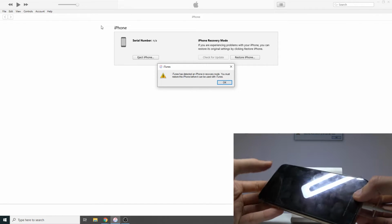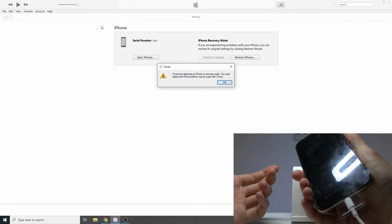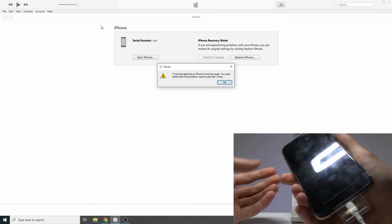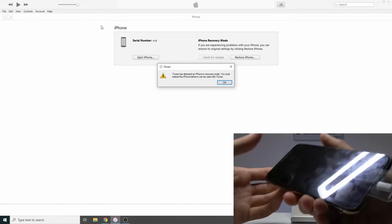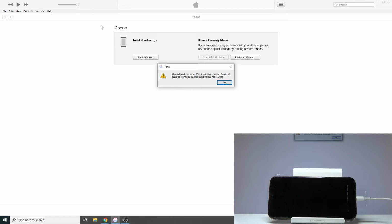Now keep in mind, if you hold the power key a little bit too long, let's say if I held it for 2 additional seconds, I would see the Apple logo, and then the device would just boot back up normally into the iOS system. That would mean that you held it for too long. But as you can see, the screen is black right now, and I have a message right here on